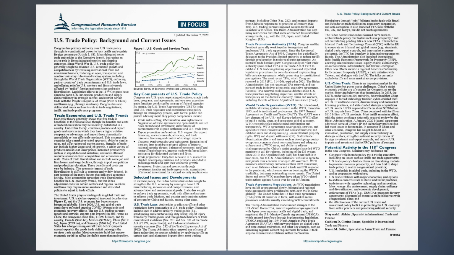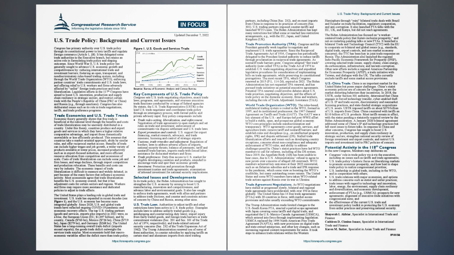Trade agreement negotiations. As WTO negotiations have stalled or progressed slowly, bilateral and regional trade agreements have proliferated, with over 350 in force globally. The United States has 14 free trade agreements, FTAs, with 20 countries in force, with market access provisions and rules usually exceeding WTO commitments. The Trump administration made limited changes to the U.S.-South Korea FTA, enacted a partial scope agreement